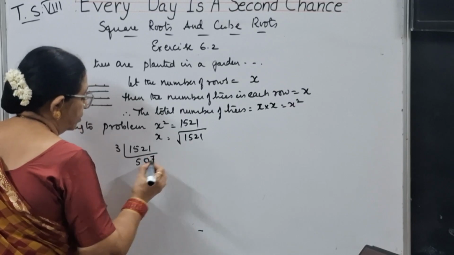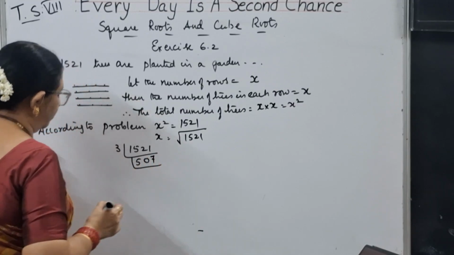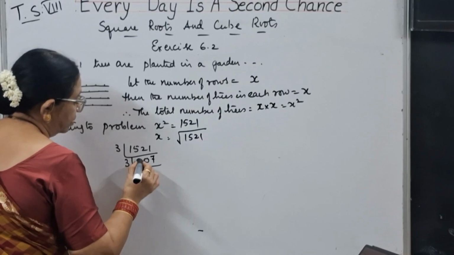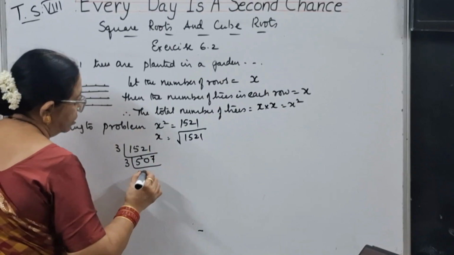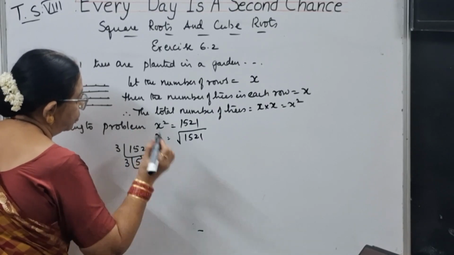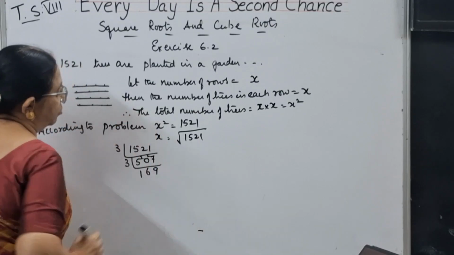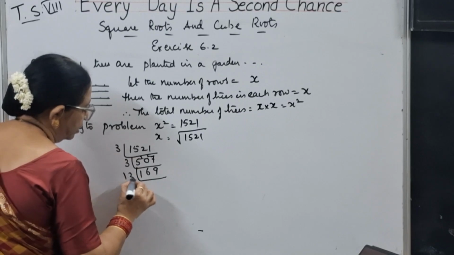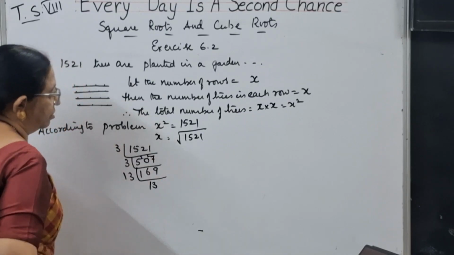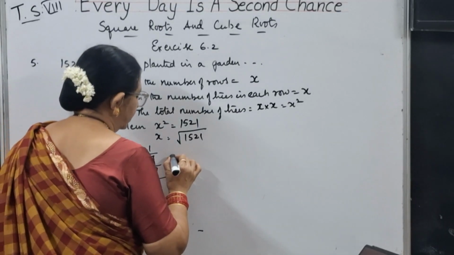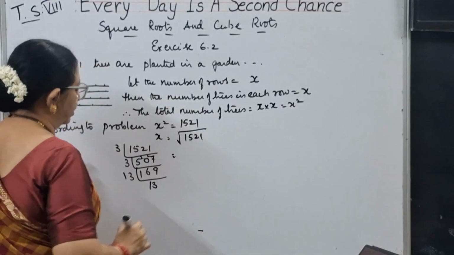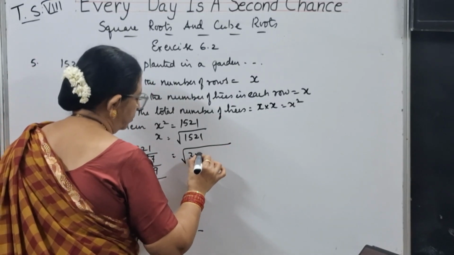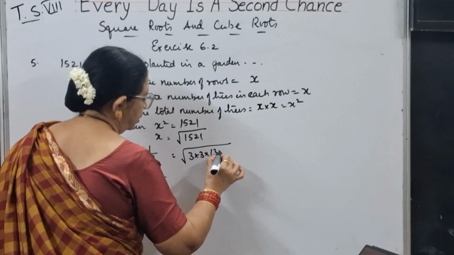Now 21, 3 sevens are 21. Again 5 plus 7 is 12. 12 means 3, 3 ones are 3. 2 I am getting. 3 sixes are 18, 2. 3 nines are 27. Now 169, you all know pretty well. 13 thirteens are 169. So root of 1521 can be written as root of 3 into 3 into 13 into